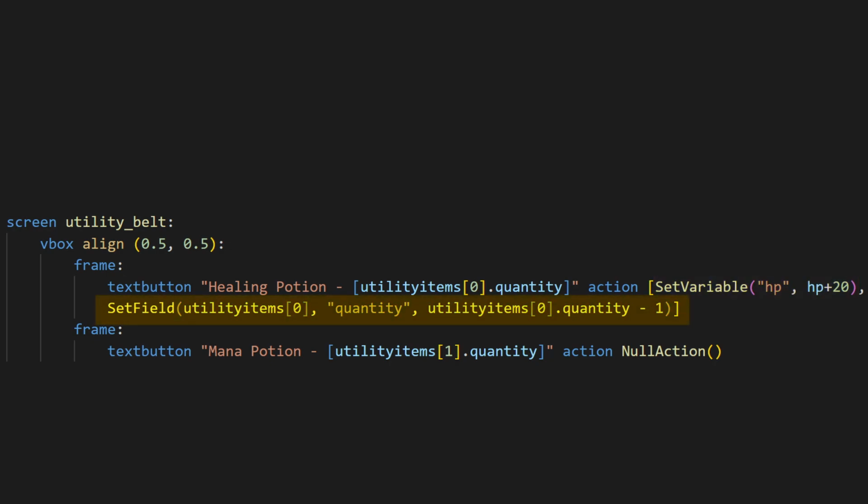Then we want the health potion to be used up, so we'll change the value of the quantity attribute. For that, since we're manipulating a variable within a list, we're going to use set field to select the field, the variable we're changing in that field, and then the new value of that variable, which is utility items 0.quantity